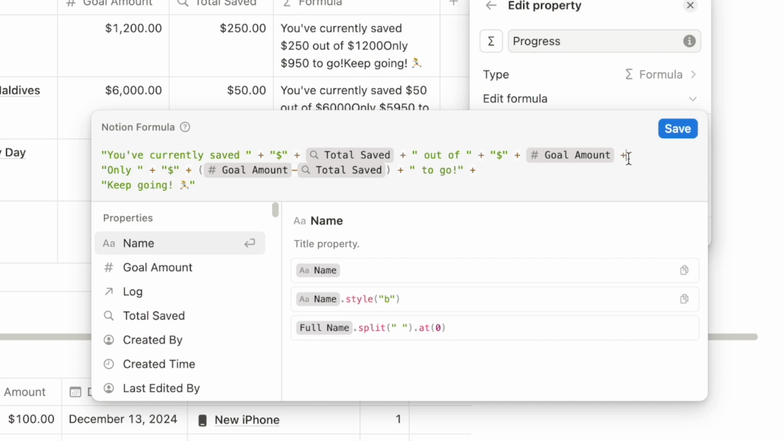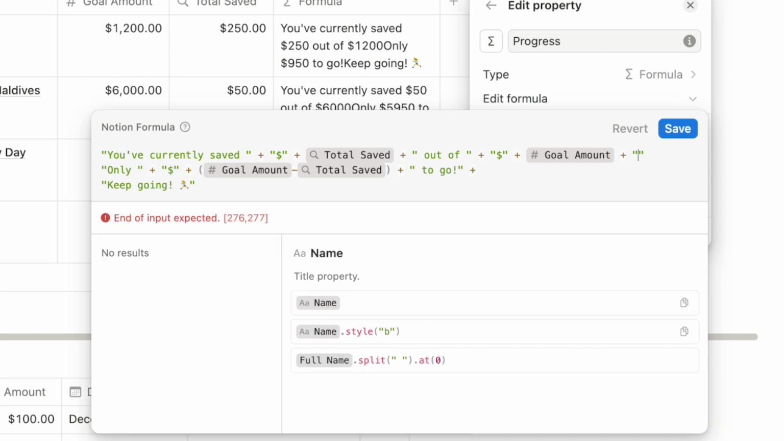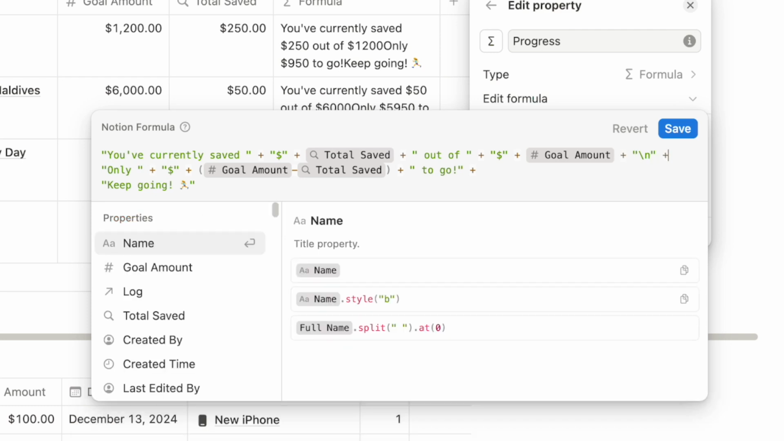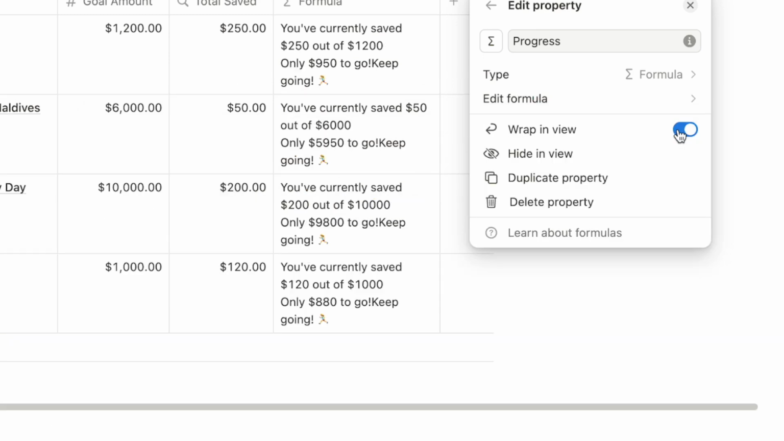So to do that, what we can actually add is right here. So after this plus symbol here following the goal amount, I'm going to add two quotation marks, and inside I'm going to do a backward slash and an N. Now what this does in Notion is it actually means go to the next line. So you need to add another plus symbol at the end. So if I click save at this point, as you can see, this has now been moved to the next